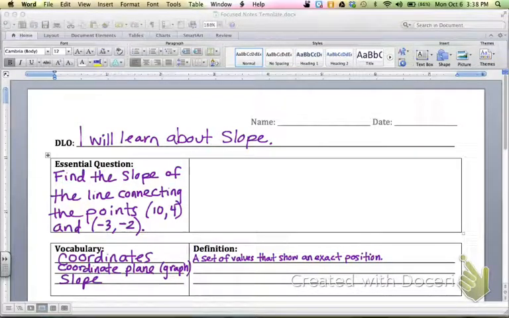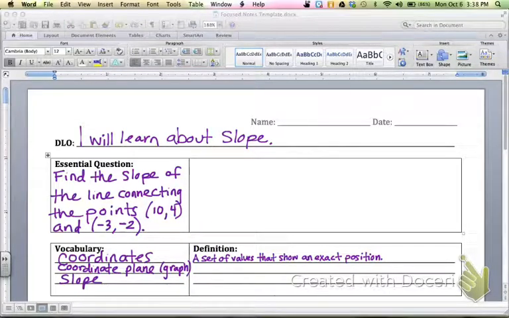And we're going to talk about what that means a little bit more in just a minute. But go ahead and write that down for right now. So a set of values that show an exact position. So for example, if you have the coordinate 10, 4 up above, like what does that mean? Where do you plot that point? So hopefully you guys got a little bit of that today. But if not,